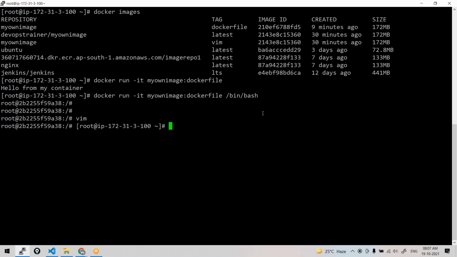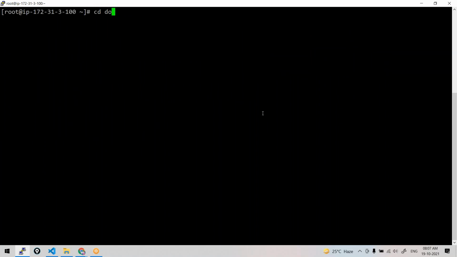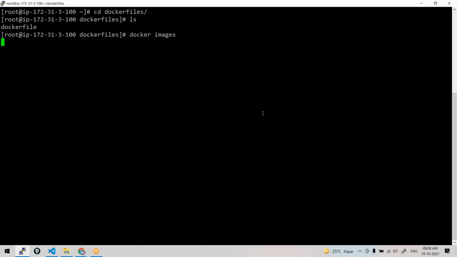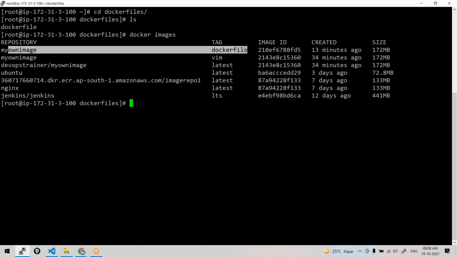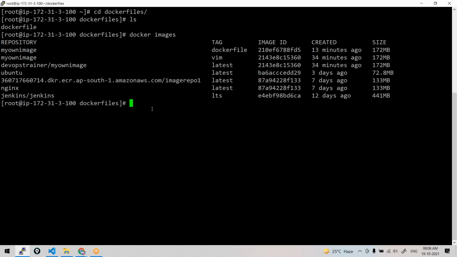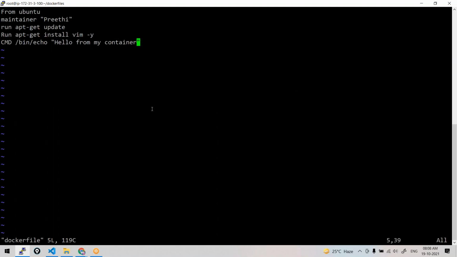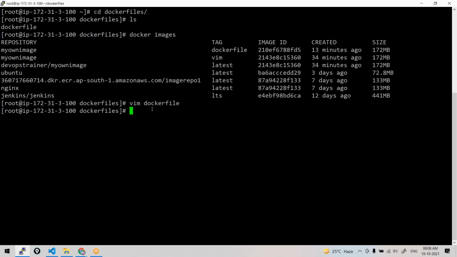So that's about creating your own images. And yeah, I have created my own image, but let's say I want to make some modifications to this image. Can I modify this image? Can I modify this existing image? Never. You cannot edit an image which is already there. If you want a new image, go here, edit this Docker file, maybe add any instructions or delete anything, whatever you want, you can do here. Build it again, create a new image.